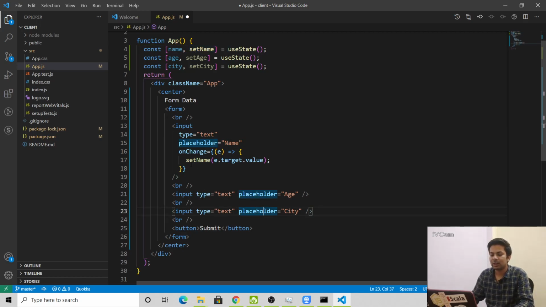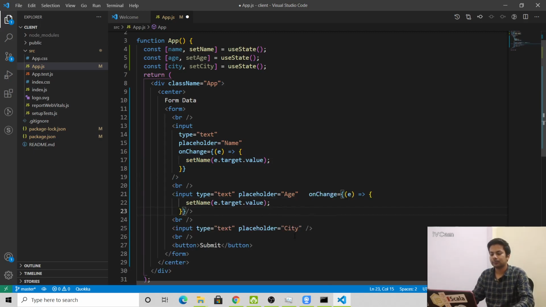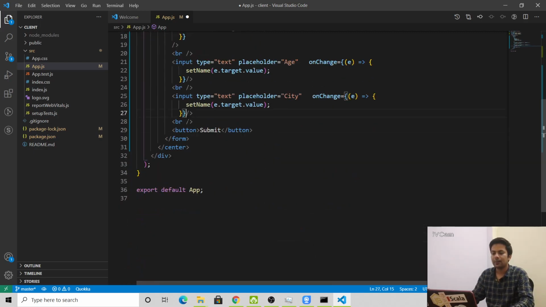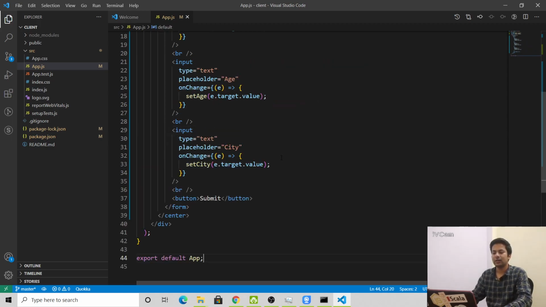So same thing for the age also, and city also. Here we'll write setAge, setCity. So what is happening, age and city are being set.